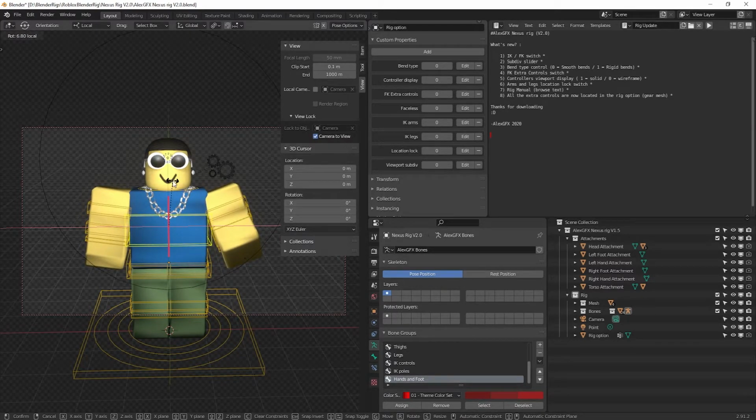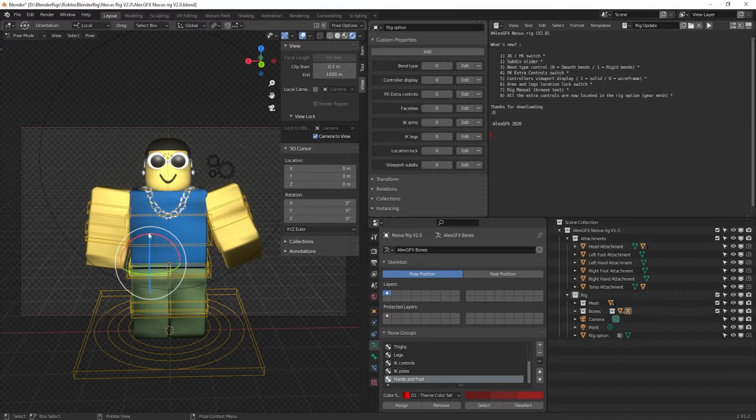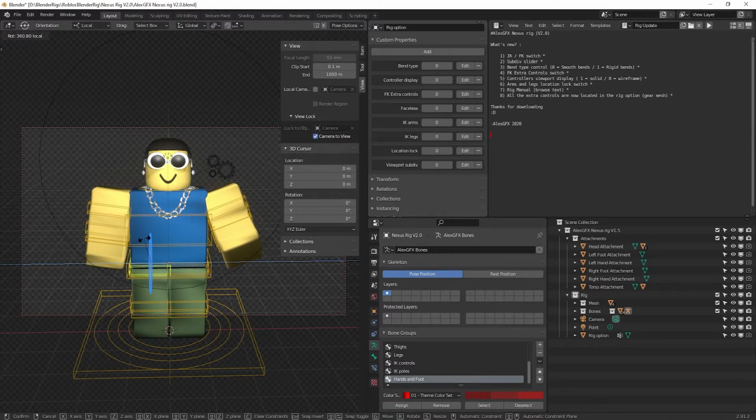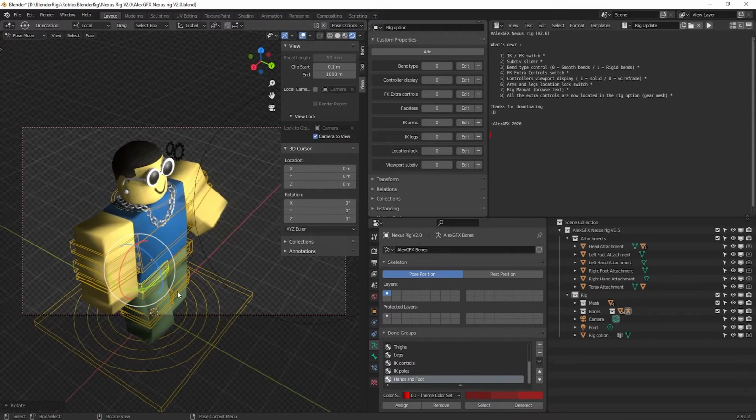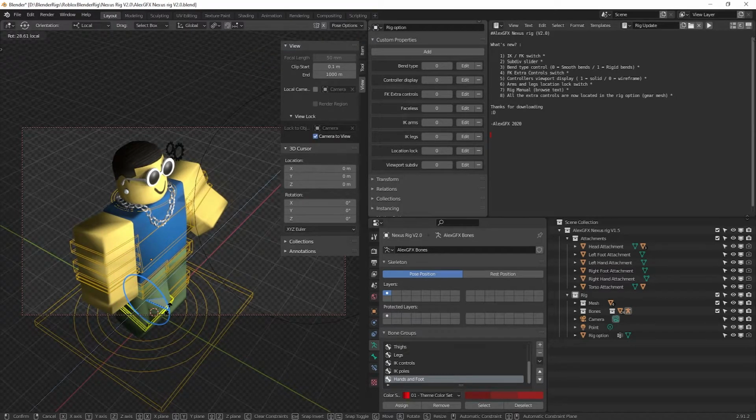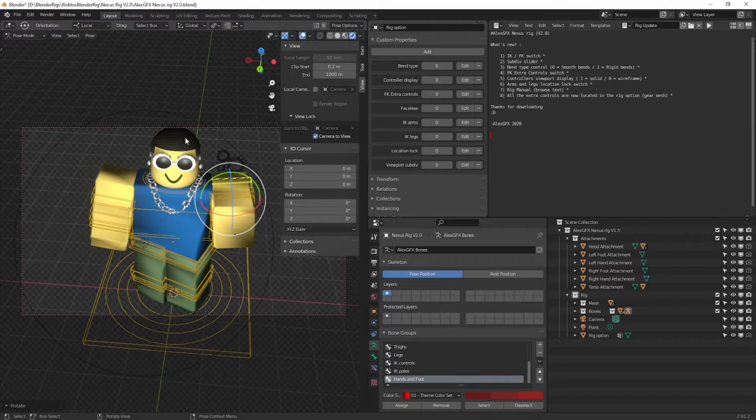Anyways, yeah, like that. Same thing with the legs. You just mess around with it. It might be hard at first, but you'll get used to it. Trust me. Oh yeah, and if you want to move it frontwards and backwards, you click that little arrow